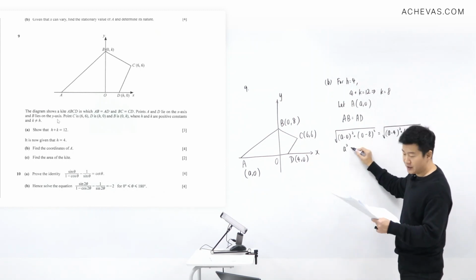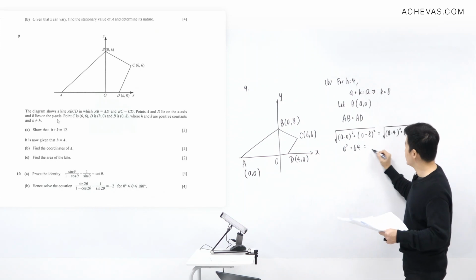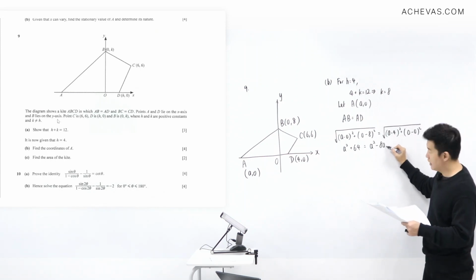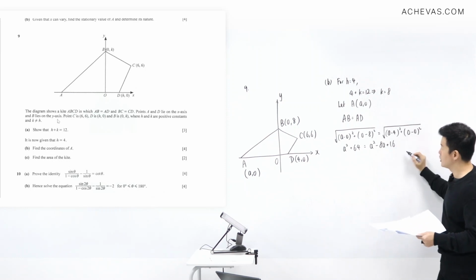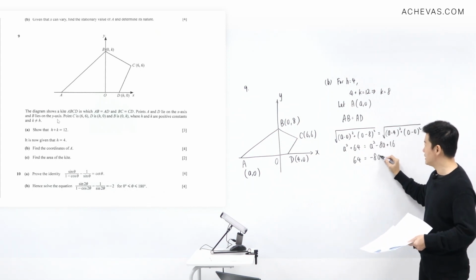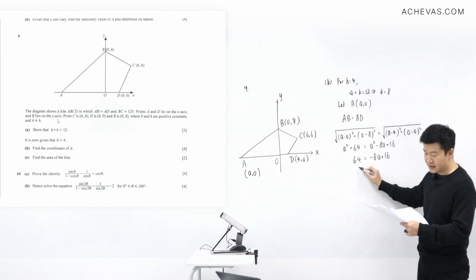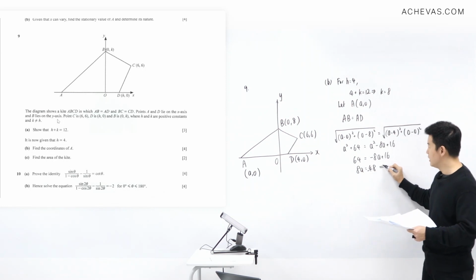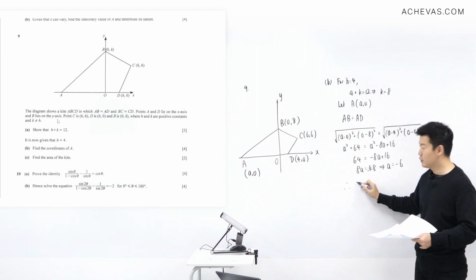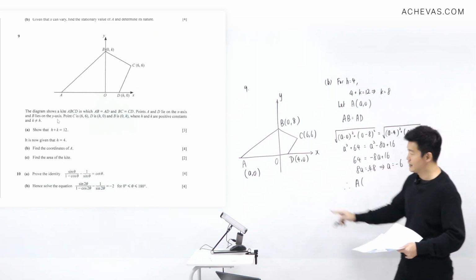Okay, actually it is just going to be a square here. Then minus 8 squared, this is going to be equal to plus 64. It's going to be equal to, expanding this, a square minus 8a plus 16. 0 squared is just going to be 0. So a squared and a squared will disappear. We have a 64. This is going to be equal to minus 8a plus 16. This gives us 8a is going to be equal to minus 48, which tells us that a is going to be equal to minus 6. Therefore, we know that the coordinates of A, which is a, 0,